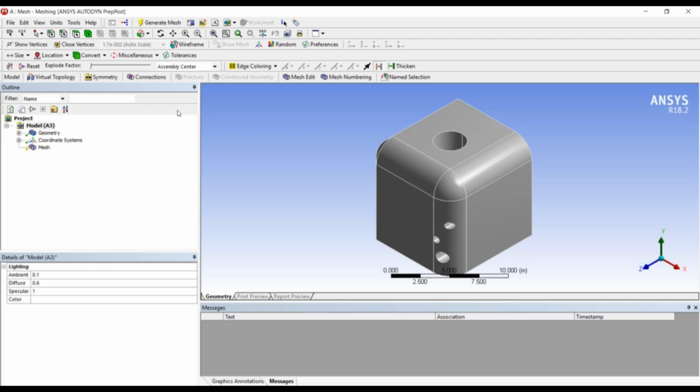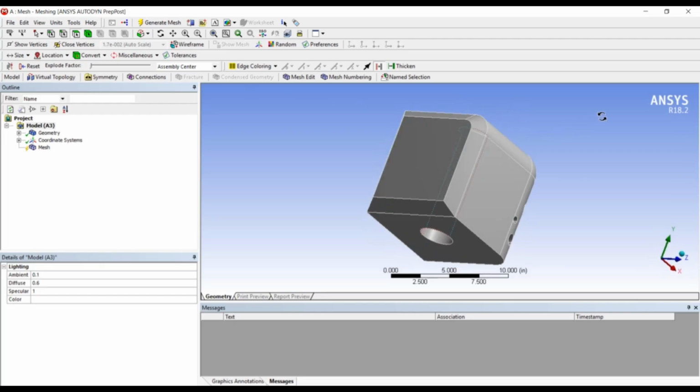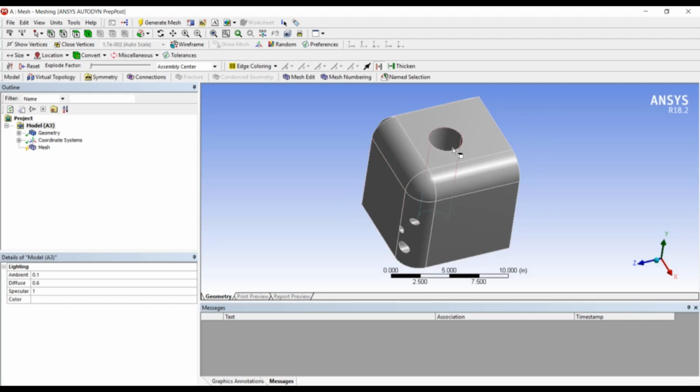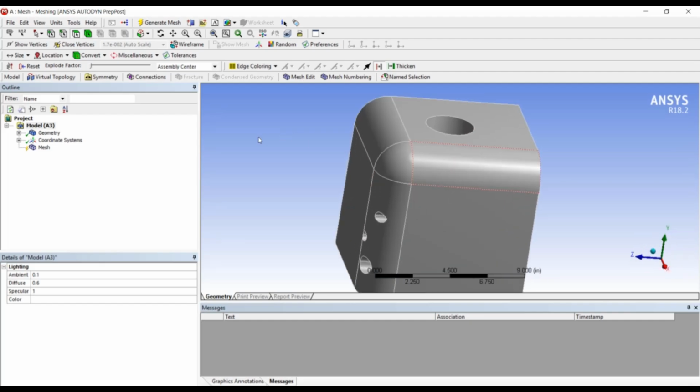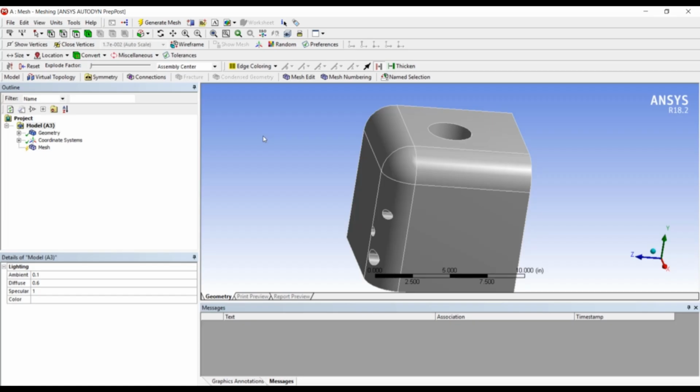Coming here, see, here is a body with some straight faces, straight edges, as well as circular edges with holes and other features. As I told you, we have an automatic mesher built into ANSYS Mechanical, which is very efficient in generating initial meshes. For example, if the body is very simple, the automatic mesher is going to generate the mesh very accurately. But if the complexity of the geometry increases, this mesher can be used to create an initial mesh, and from that initial mesh we are going to use some localized controls